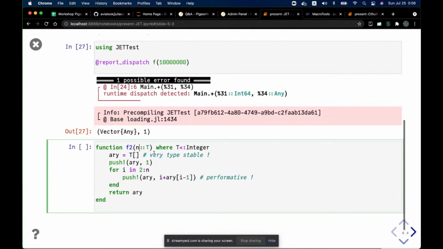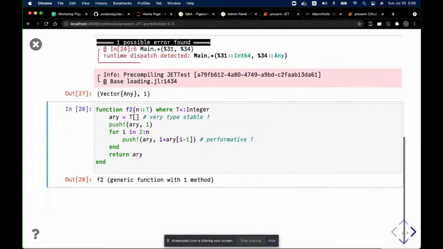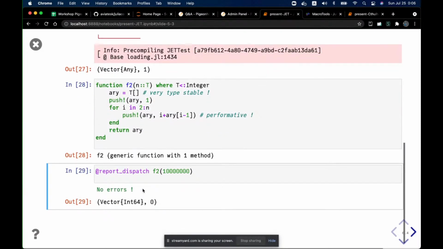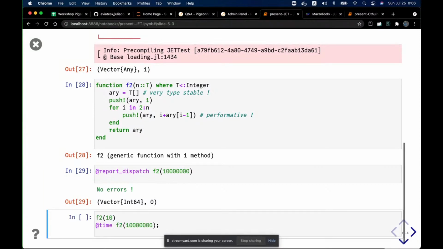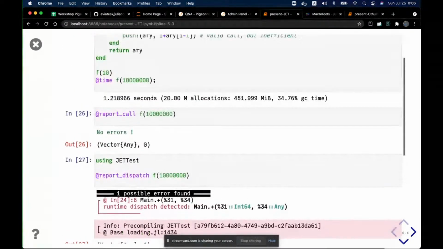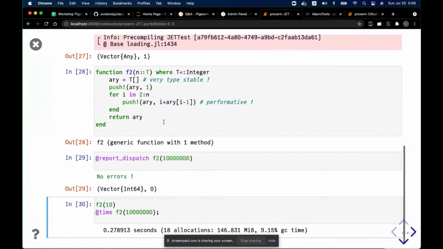So we can fix the type instability here by initializing Ri with T type. And now the performance linter doesn't complain about anything. And this function runs probably 3 times, or no, 5 times faster than before. And so, yeah,